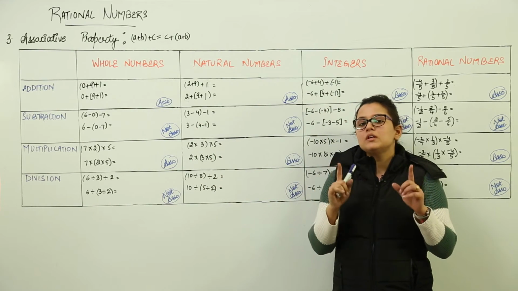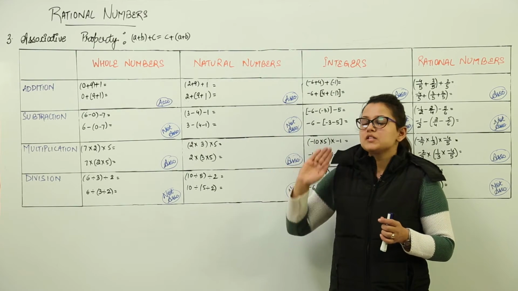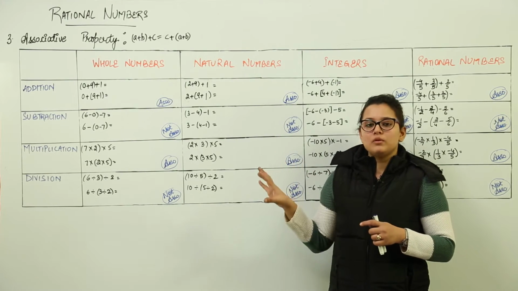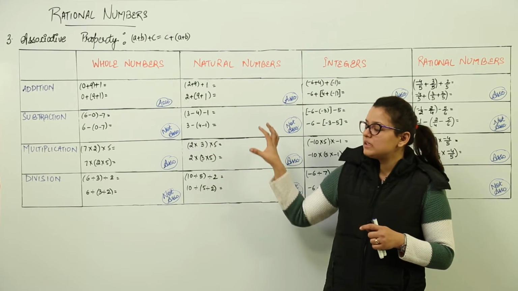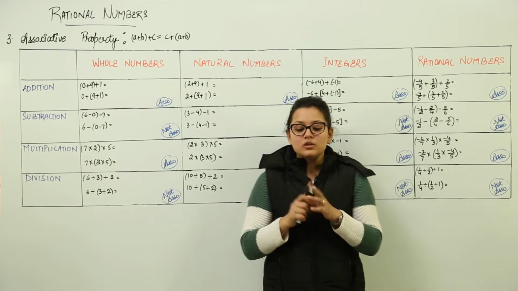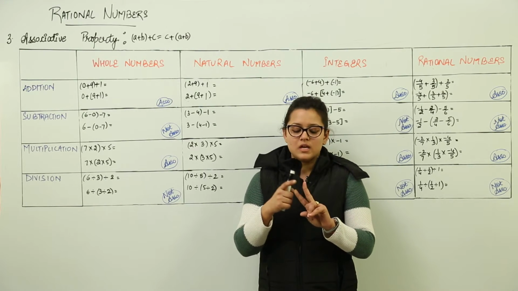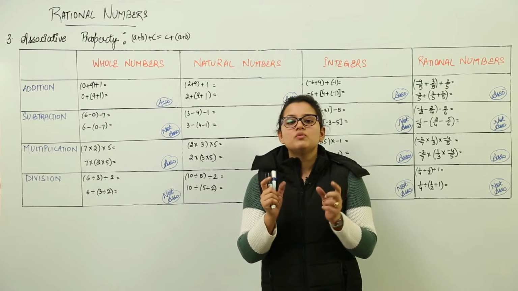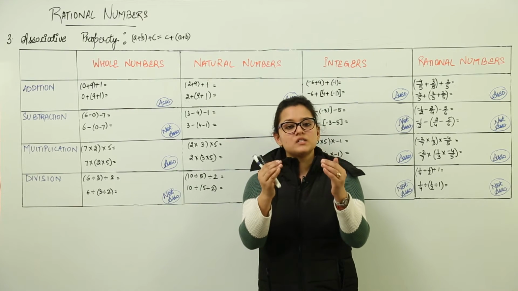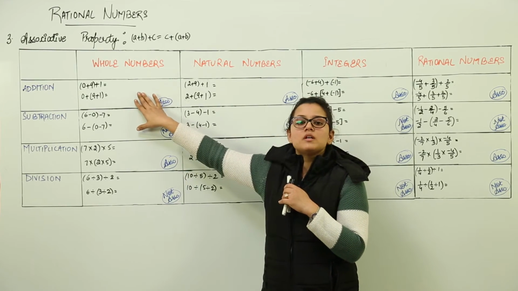The first property we did, closure property, was where I have done everything in detail. Next property was the commutative property. We did that in the tabular form, checking, taking examples and then writing the conclusions. But see, there are two types of questions that you can get from these properties. The first type of question would be, you will be given questions, you need to check whether it satisfies the property or not, right? So that is what I am considering here.